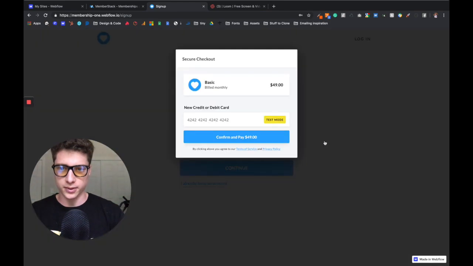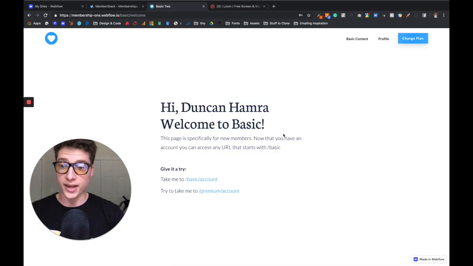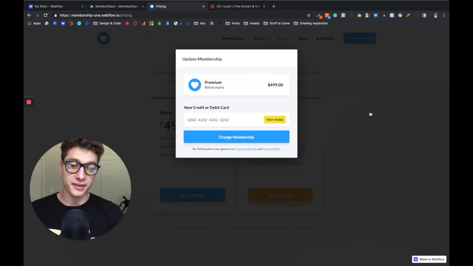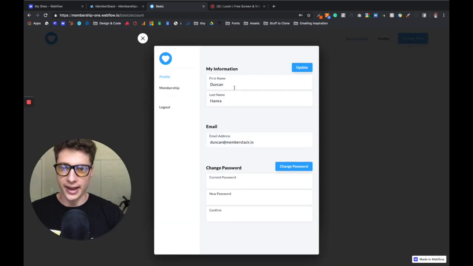Pick some random info. All right. I'm seeing that I'm able to check out and I can pay. Now that I've paid, I have access to this gated area, and now I am a member of this website. I have access to basic content, but not access to premium content. I can upgrade to premium if I want to, and at any time I can access my account information,